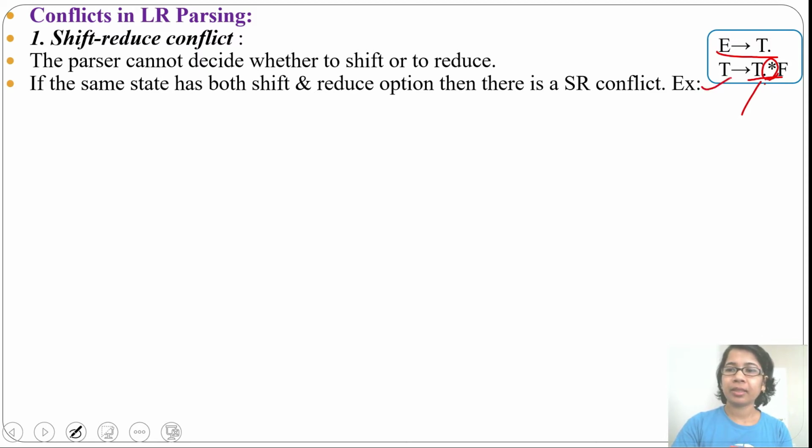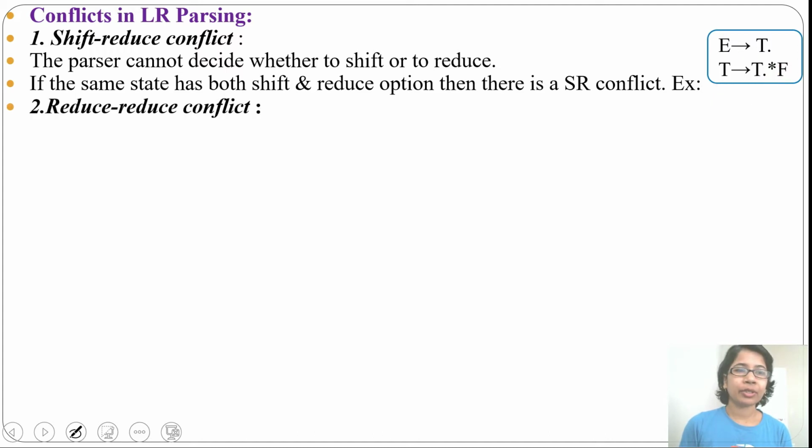I already discussed this in example 4. Just go through that lecture. Whenever one state contains one shift plus one reduce, that is a shift reduce conflict. You don't need to create the whole LR automata and whole LR parsing table and declare that this is not LR grammar. If you see at any state there is a shift plus there is a reduce, you can stop there and you can declare the grammar is not LR0. Even from the grammar, if you can guess that this thing will be in same state and there is a chance of shift reduce conflict, you can declare that the grammar is not LR0.